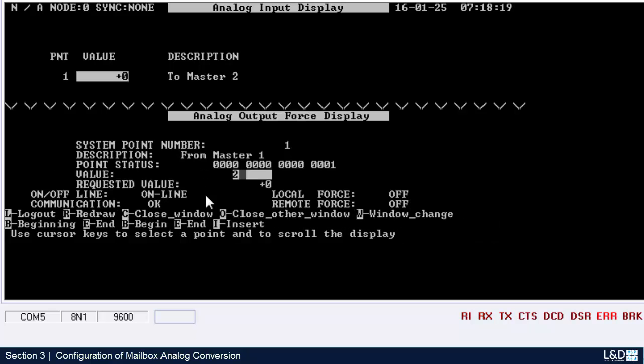If we set it to 200, let's say, well, now the analog input is set to 200. So as you can see, whatever message the master 1 wants to send to master 2, now both points are available. Master 1 can force any value into the point 1 analog output, and the value will be forced in the analog input. Okay,